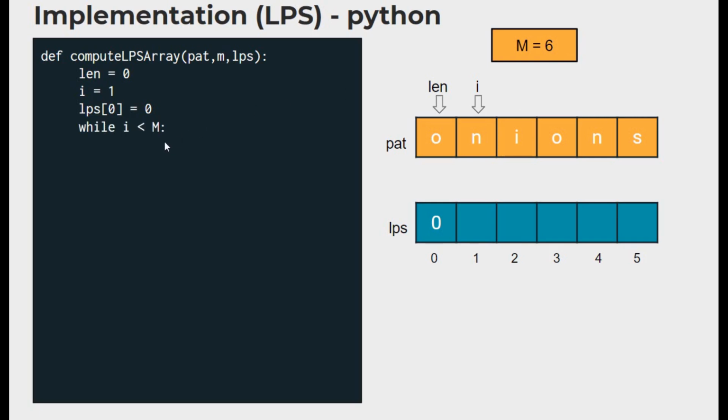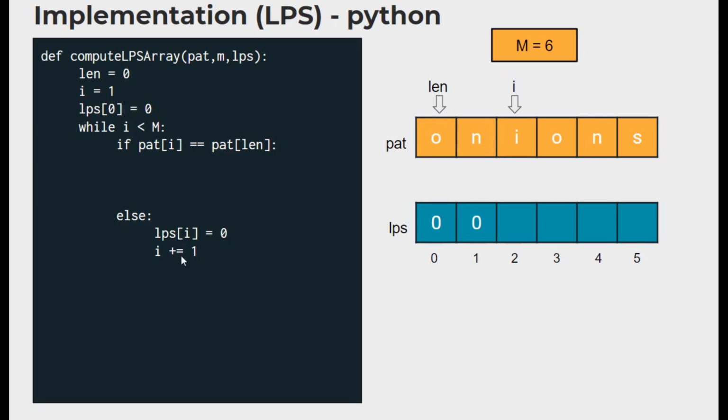I is going to move till the end of the pattern. So while I is less than m, first we compare these 2 positions. When you are computing the LPS of I, just forget about anything that is beyond I. Just by looking at this string, we can see that we should get a 0 here because there is no prefix that is also a suffix and there is a mismatch during the comparison, right? So when we have a mismatch, let's write the else part first. In this case, we have to assign LPS of I as 0 and we only have to increment I here. Without finding a match, we cannot increment length, right? We are finding the length of the prefix, so it should start from here.